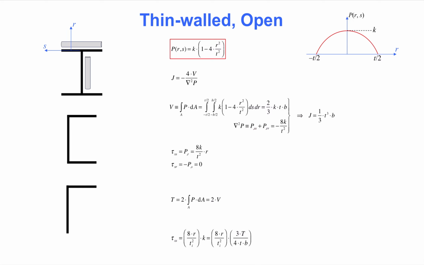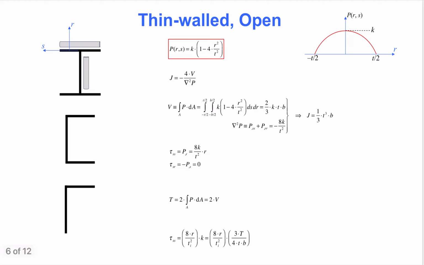Substitution into the expression for J gives the result on the right-hand side. It says that the cross-section constant, J, for Saint Venant torsion of thin-walled open cross-sections is 1/3 times the sum of length times thickness cubed for all cross-section parts. With J determined, we address the second objective in this cross-section analysis, namely shear stress due to torque on the